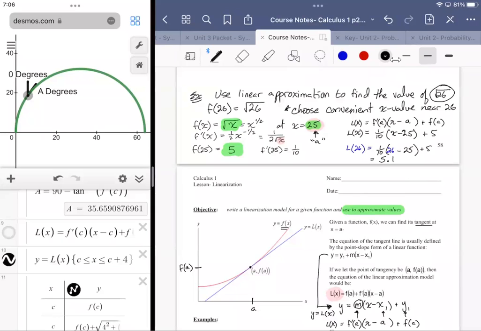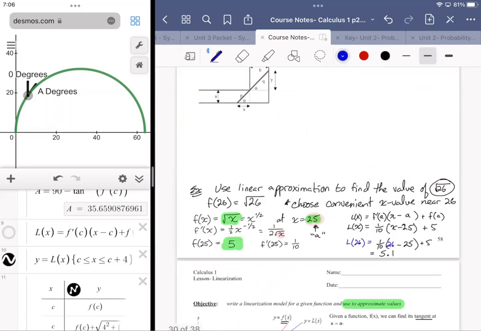Can you explain the top part of linear approximation? Where'd you get the 26 in the equations? Oh, the 26, that was a made up example. I made up the example: use linear approximation to find the value of radical 26. And so f of 26 would then be equal to radical 26 by definition. So if I were to say something like, for example,